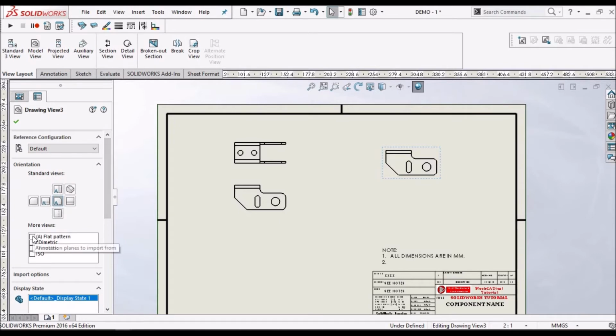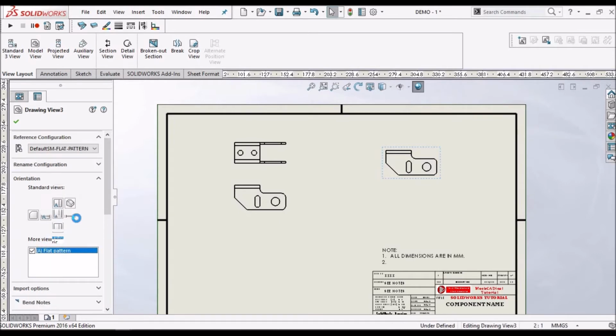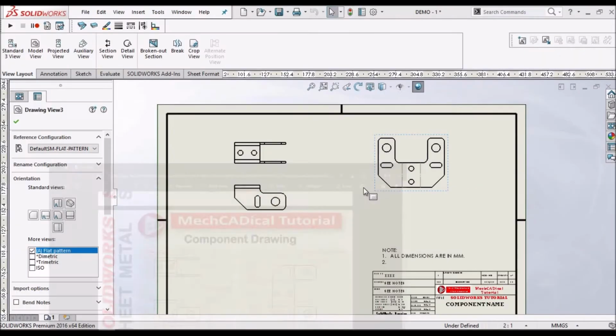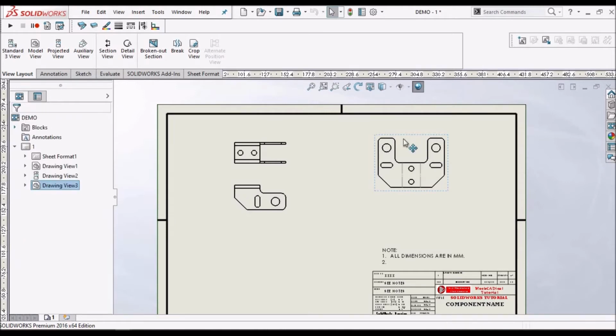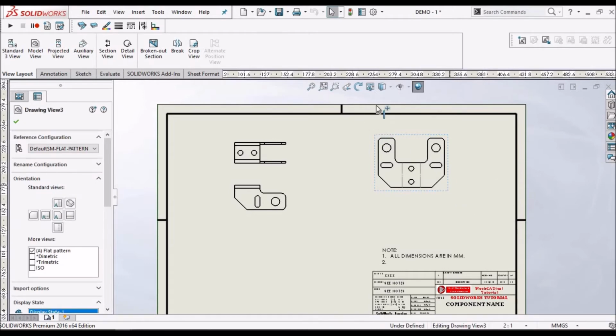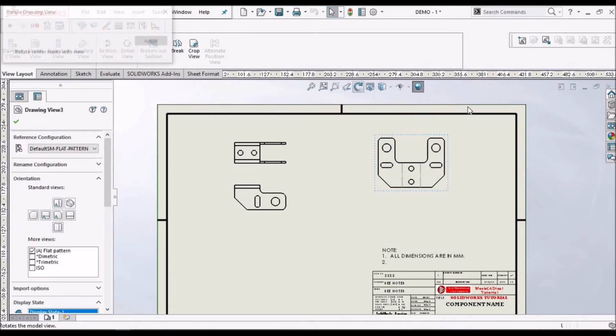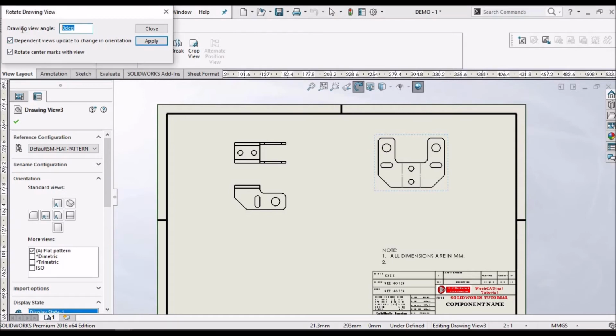See here, there is an option called flat pattern. We have to click this. And we can rotate it according to requirement. Either we can place like this or we can rotate this to 90 degrees.